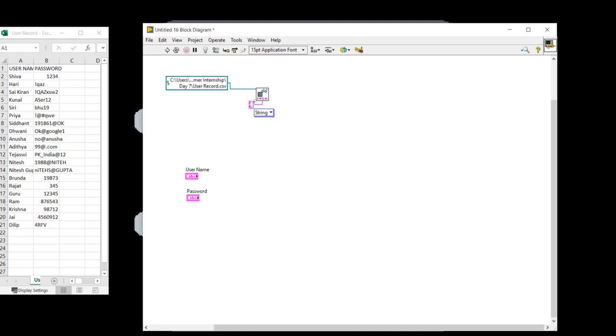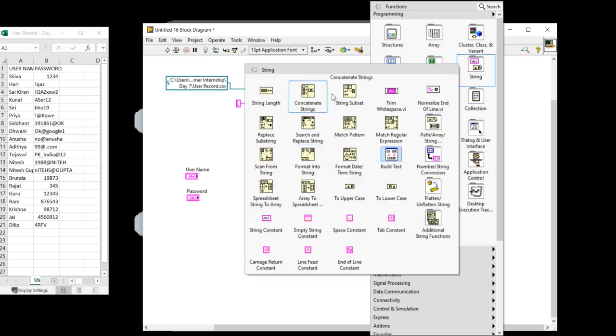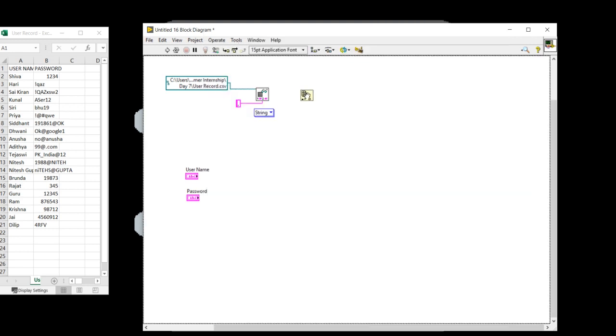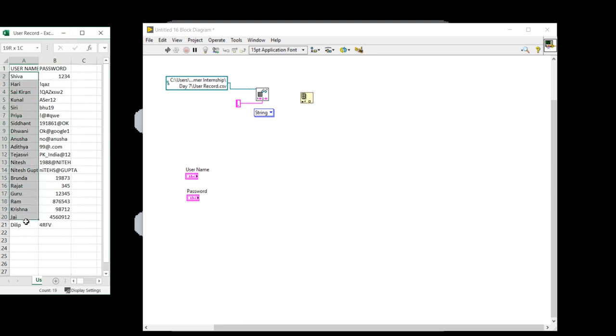Now the same logic I will use here from the array. This one is for this one, okay. This portion and this portion.